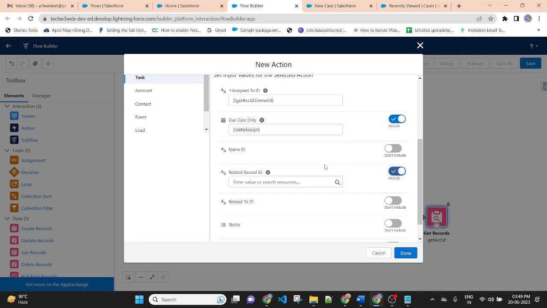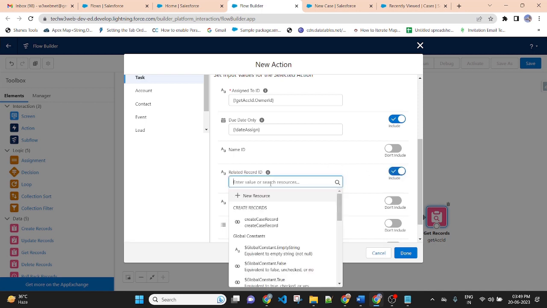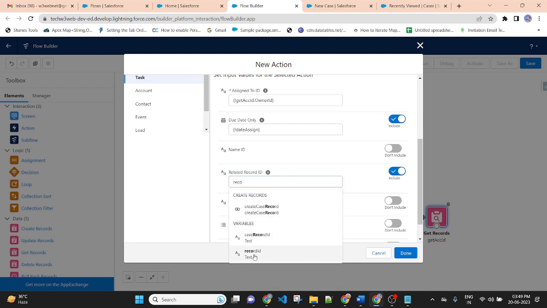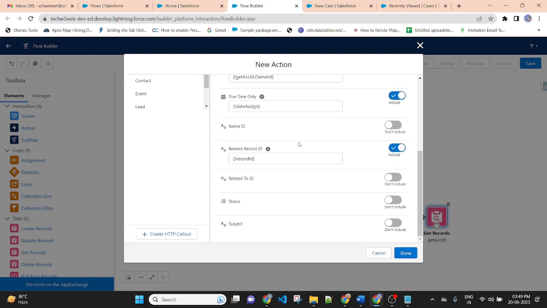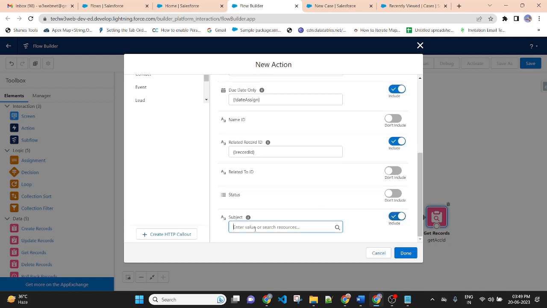Enable the Related Record ID. I'm passing the account ID here. So record ID, it is an account ID. So passing the variable record ID, the rest of the fields are optional, and passing the subject.